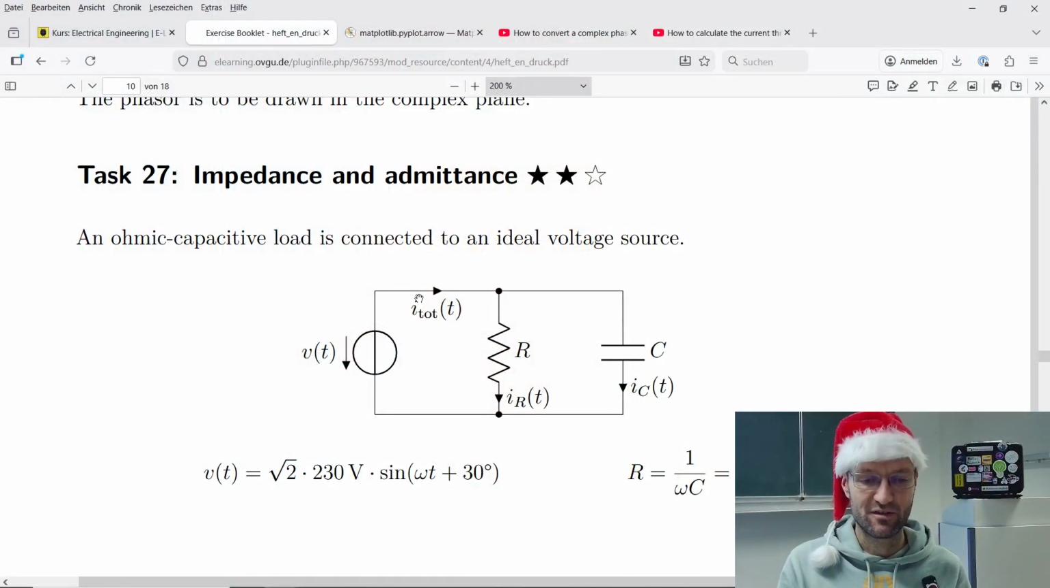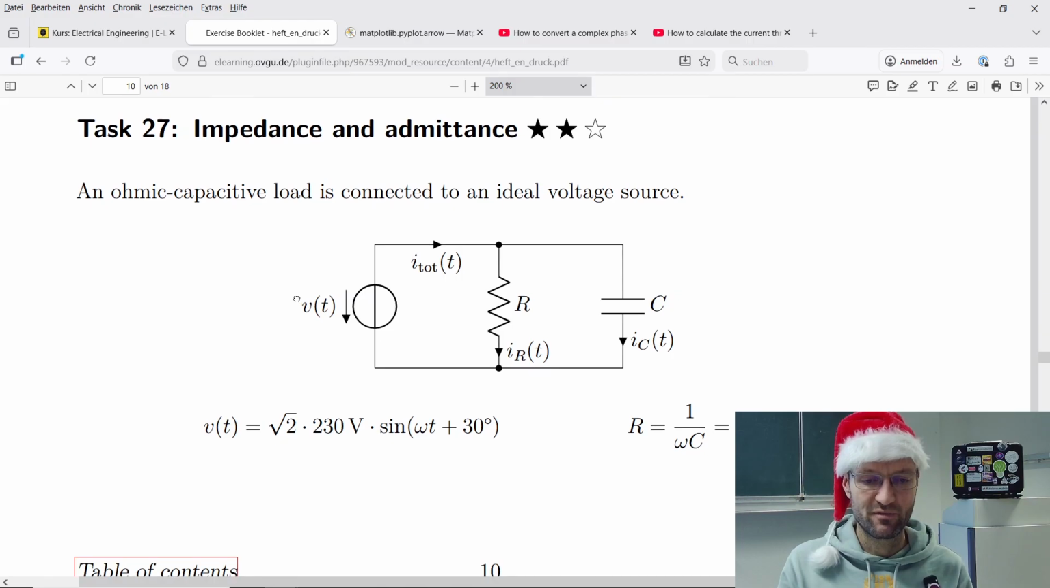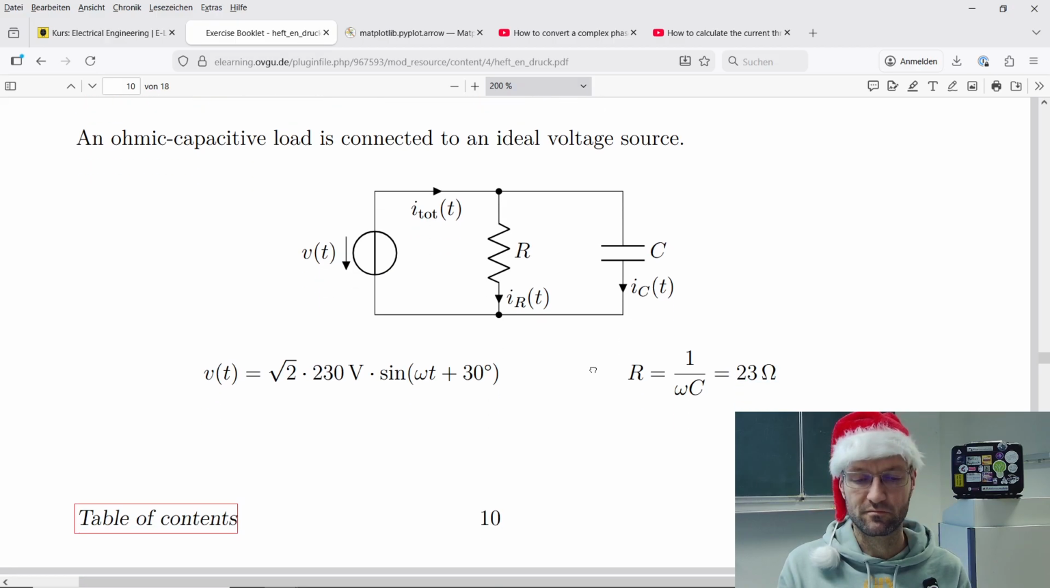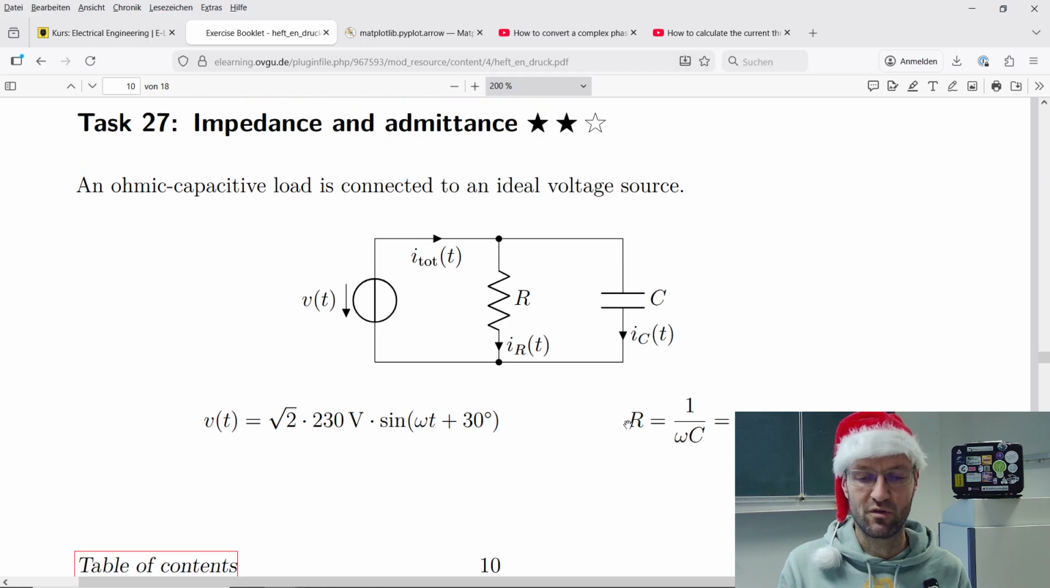Then we can maybe have a quick look at task 27, which is this one here on impedance and admittance. We have a not too complicated circuit with a voltage source, and the time function of this voltage source is given. And then we have some resistor and we have some capacitor. And the values of the resistance and the capacitance are given in a way that the resistance itself should be